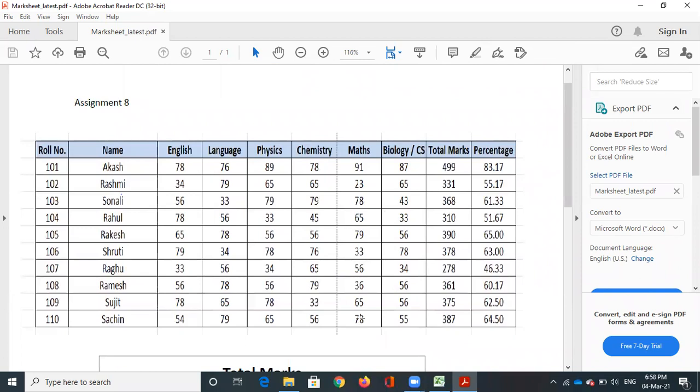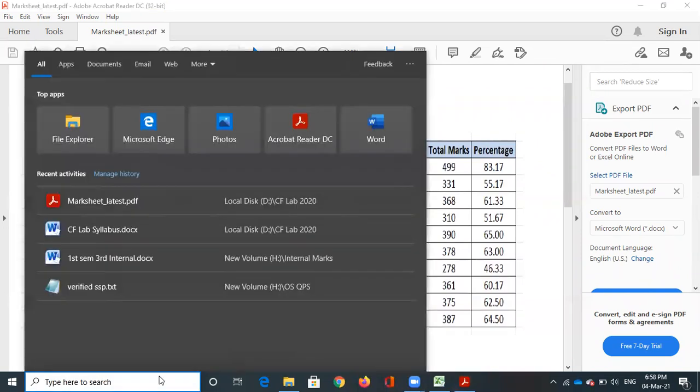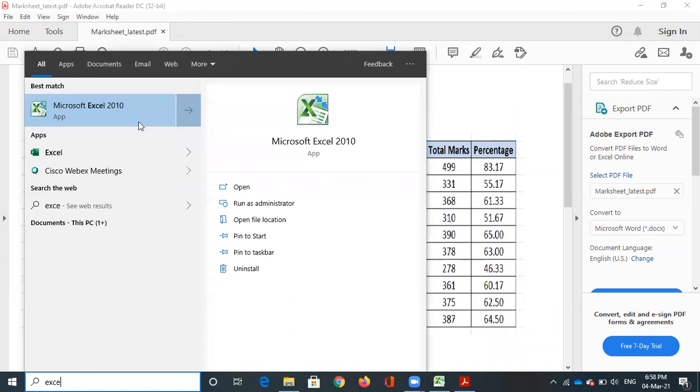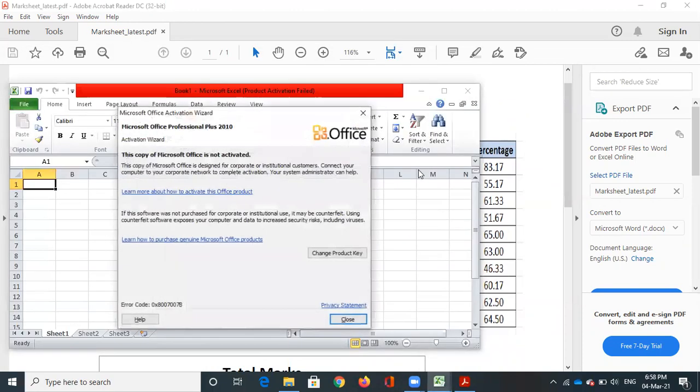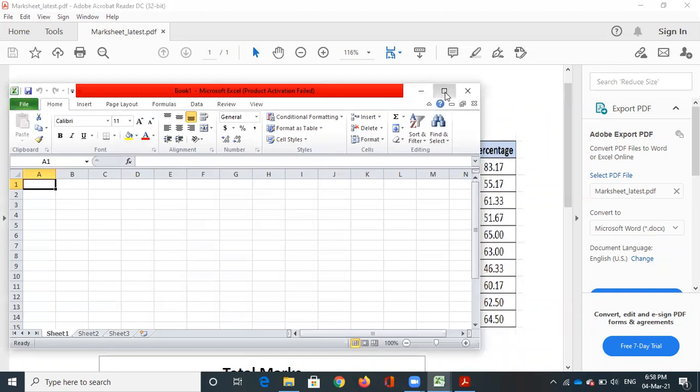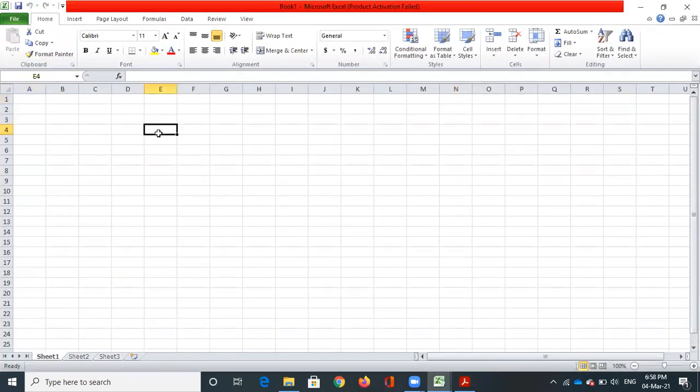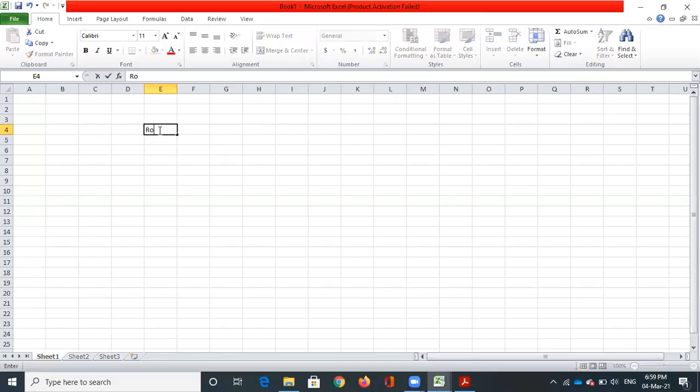To do that, first go to Microsoft Excel, and a new document will open. Here you save this file with a proper name, then give the column names, and then enter the data. So you write roll number, then in the next tab, name of the student, and you can take 5 to 6 subject marks,